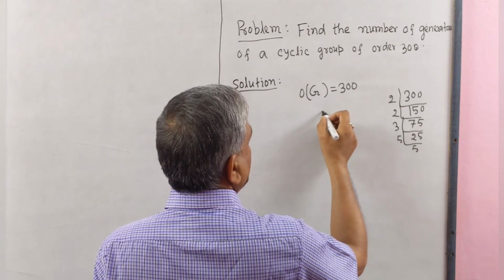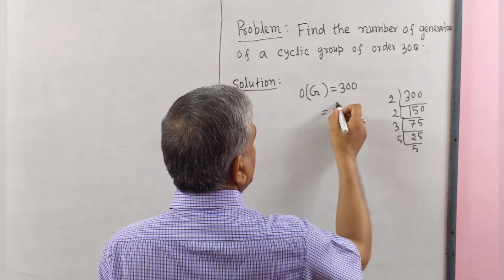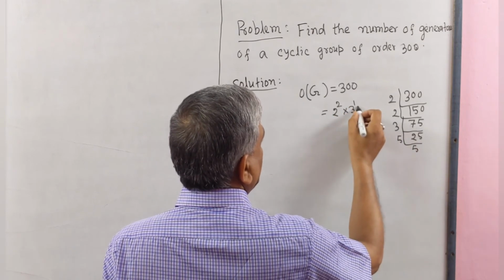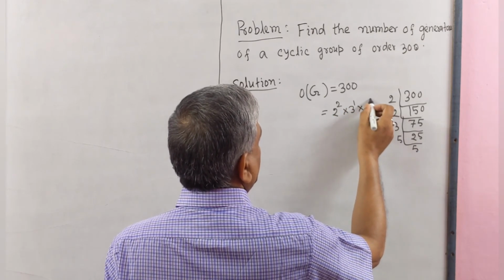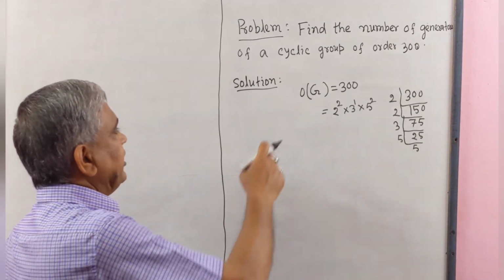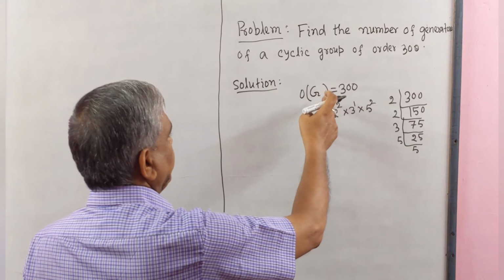That means this is equal to 2 square, 3 to the power 1, 5 square. Since we know that the number of generators of the group G